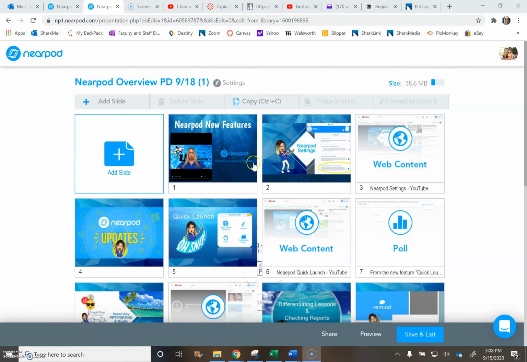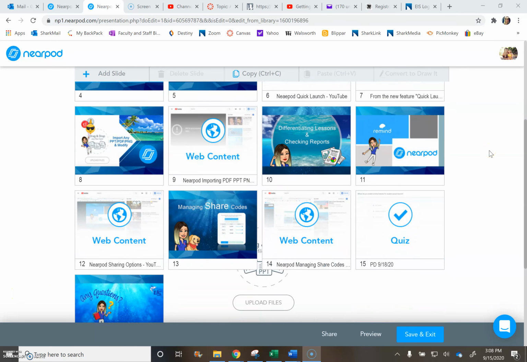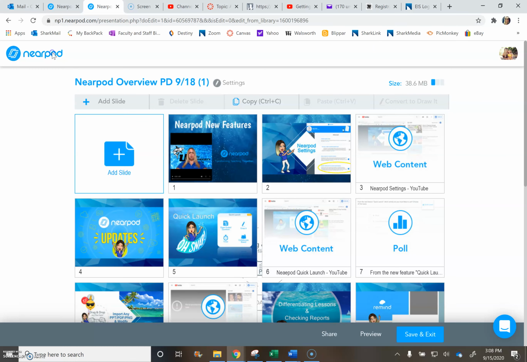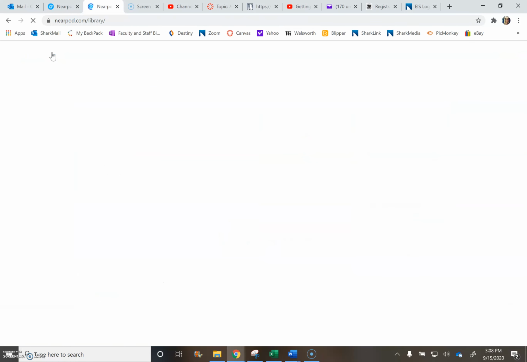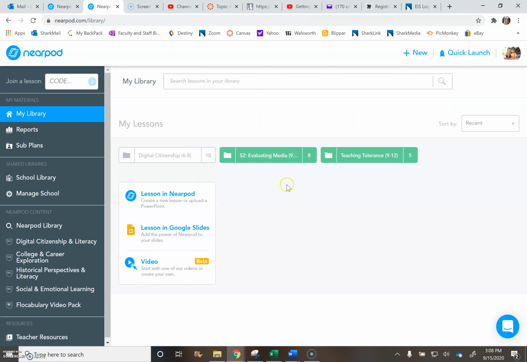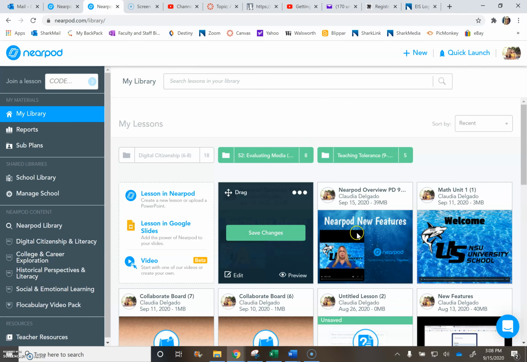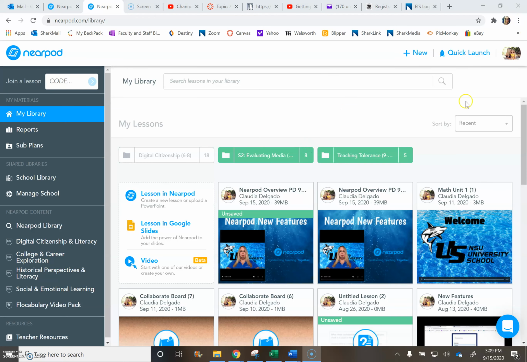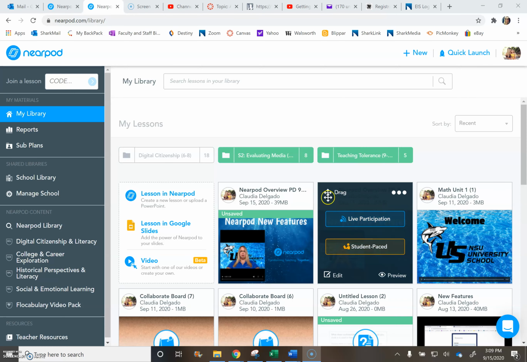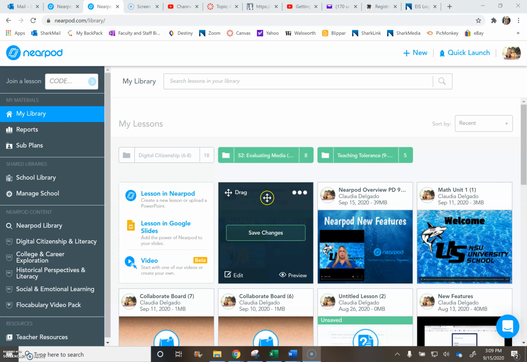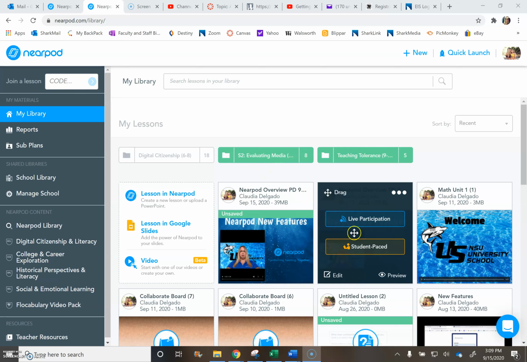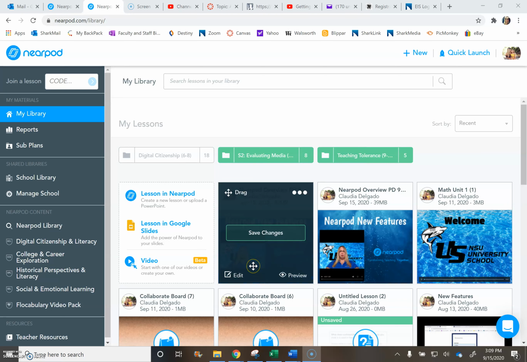Once the lesson is duplicated, it'll take you directly into that lesson, but you can view it. Going back to your library, you will see that there are two of the same exact lessons. The original one will be to the right. As you can see, the new one says changes not saved yet, so you can leave that one as is for your regulars, and then if you want to modify it and add something, maybe an activity or a quiz, you just click edit,